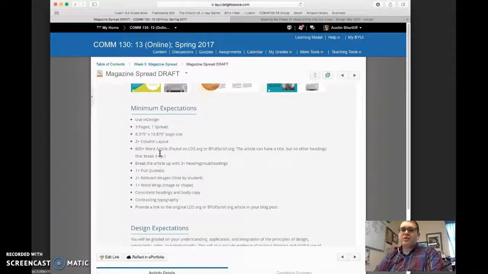Go through them. You need to have 3 pages, and one of them is going to have to be a spread. You're going to need to have 2 columns in your layout for your design. You're going to need to have